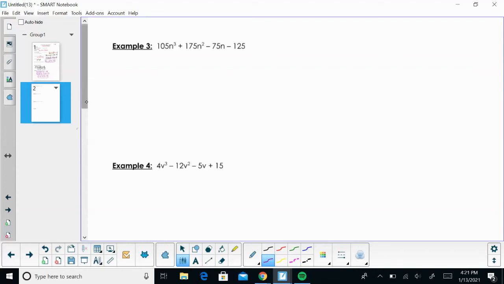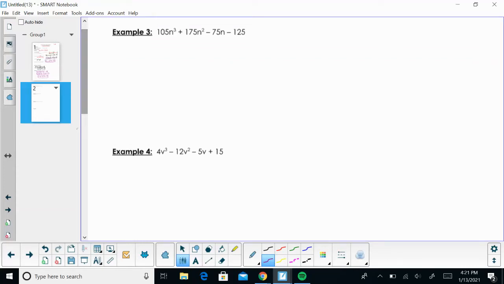Okay, we got a few more examples. So looking at this group, how could I group these? Now, if I notice, I've got some really big numbers, and all of them end with a 5. So I know I can divide them all by 5. So before I try and group mine and factor by grouping, I'm going to go ahead and factor out a 5. So if I factor out a 5, I've got 105 divided by 5 is 21 n cubed, plus 75